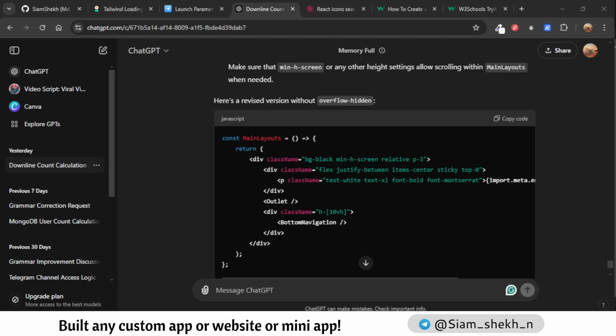So I just add the environment as VITE_ICON, then link. So copy VITE_ICON and then home, and here, okay, then I give that as import.meta.env.VITE_ICON,